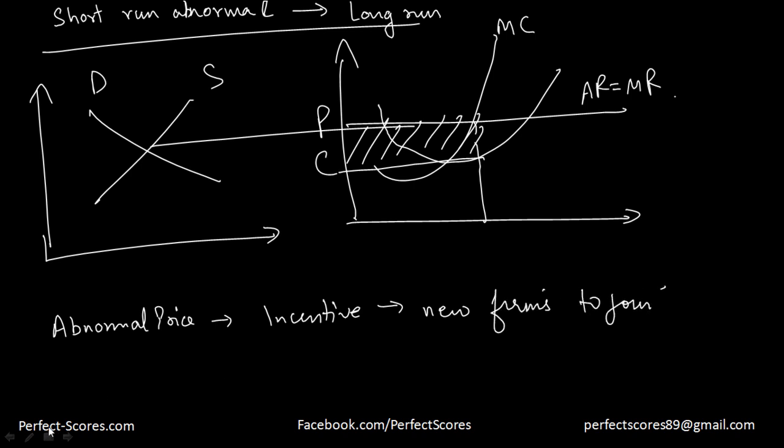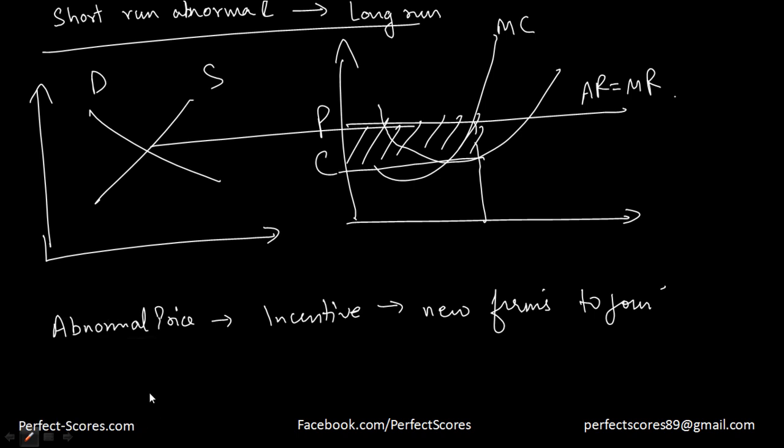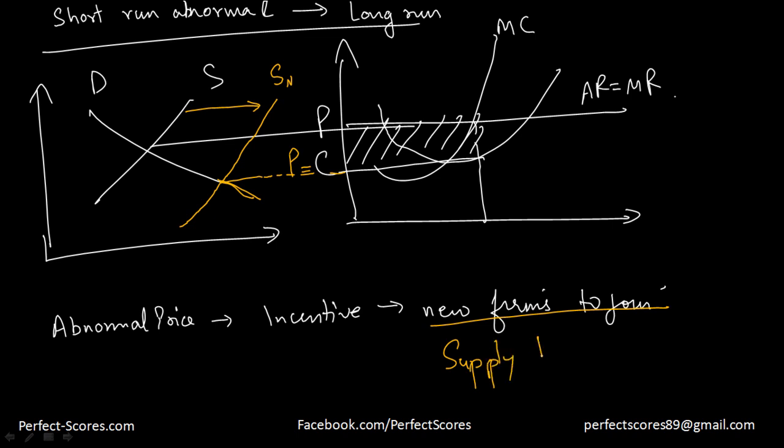Now, when new firms join the market, the supply of the product increases. And it keeps on increasing till the price is equal to the cost. The supply curve shifts to the right, and this is the new supply curve of the industry. So the supply curve has shifted to the right because new firms have joined, hence the supply has increased, and it is going to increase